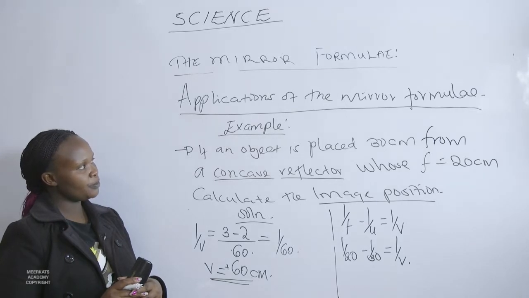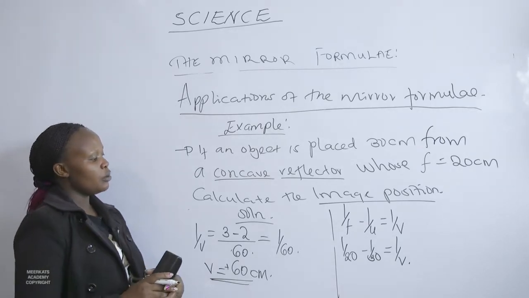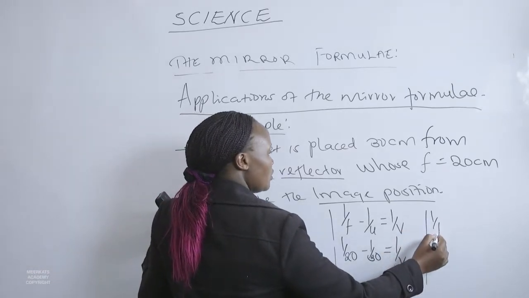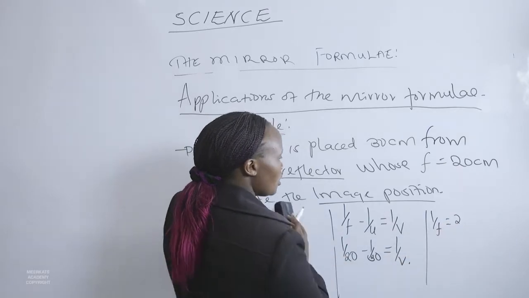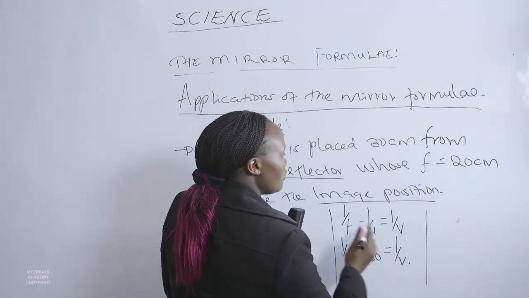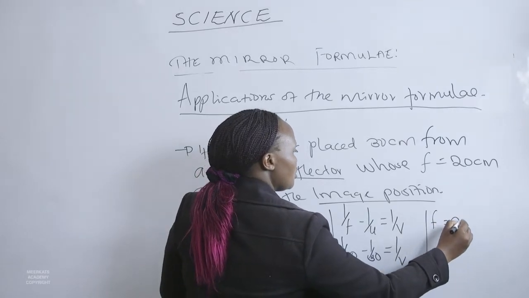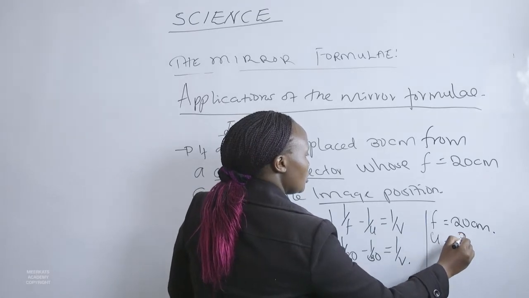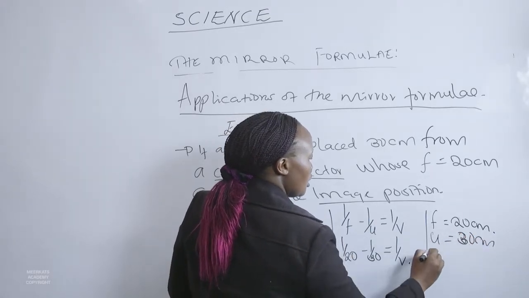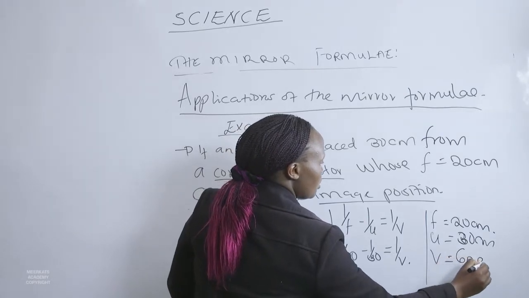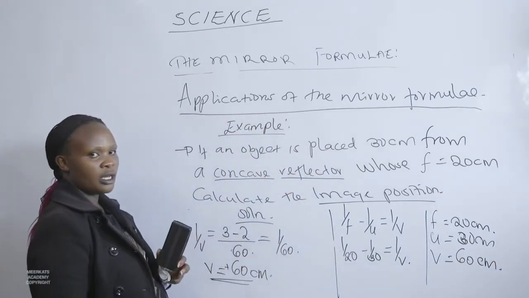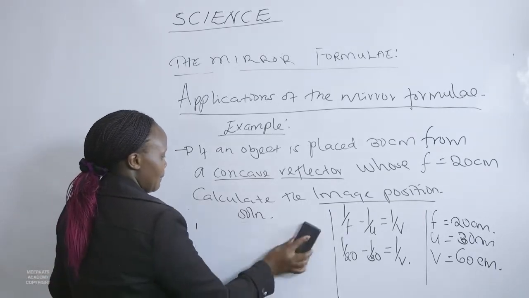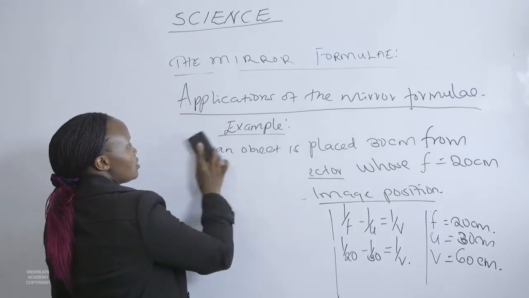Now, we have found that F is 20 centimeters, U is 30 centimeters, and V is 60 centimeters, with the help of our mirror formula. Now what remains